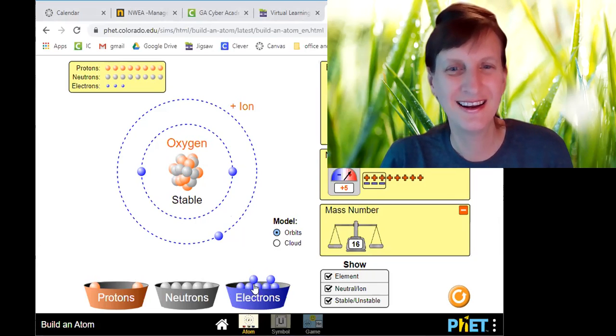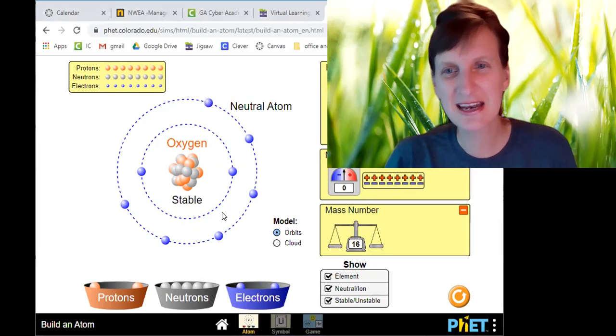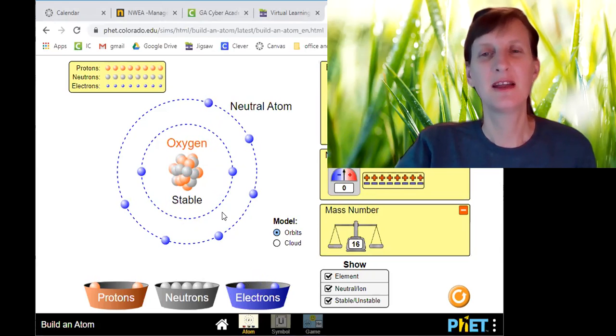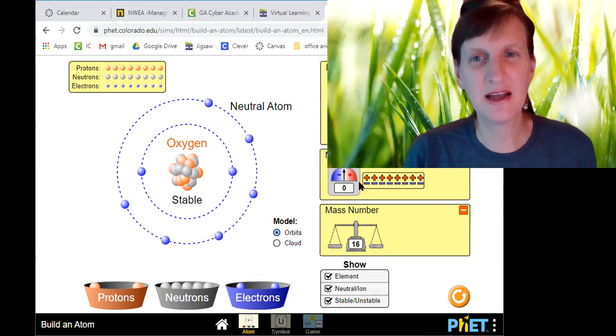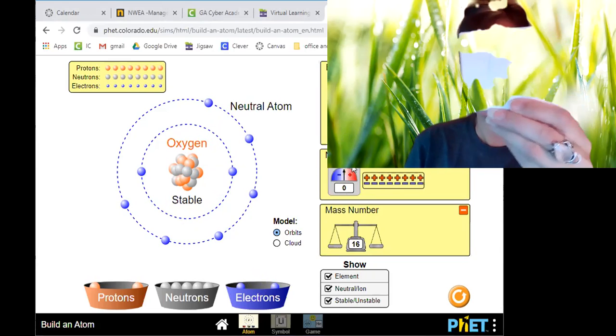Giving you a hint there. So I'm going to add some electrons, and I'm watching this to make it neutral. Every time I add one, the charge goes down because electrons are negative, so we subtract the electrons. So to get the net charge, we take the number of protons